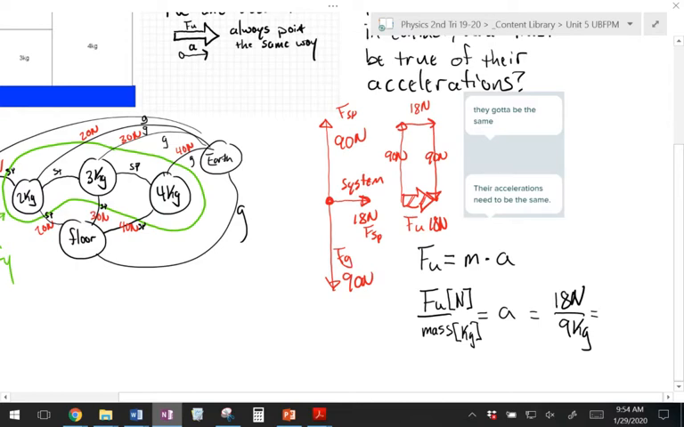All right. 18 newtons over 9 kilograms. So other things to keep in mind, dimensionally, a newton is equivalent to a kilogram meter per second squared. Ooh. Whoa. Don't do that, Mr. Harding. Okay. So in other words, what I'm doing here is taking 18 kilogram meters per second squared, dividing it by,